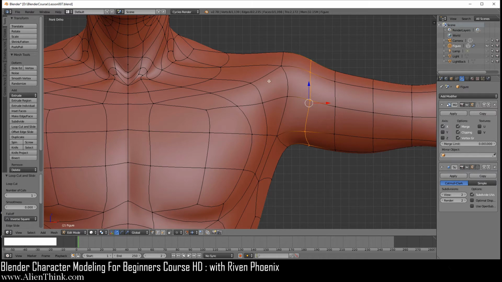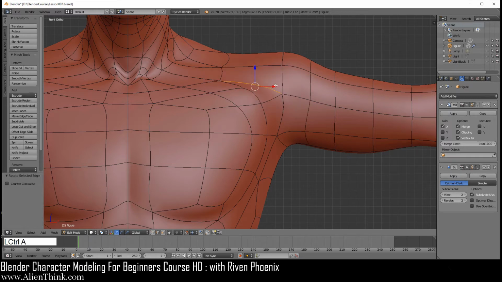So what I need to do, or what we need to do, is actually create an edge loop that's going to go across. So how can we do this? We can do this by simply using the edge over here. Click on this edge and do Control A1 and then 2. If I do Control R, you'll see that the edge is going all over the place. So I'm going to right click to get out of that. I'm going to click on this edge. I'm going to rotate this one.